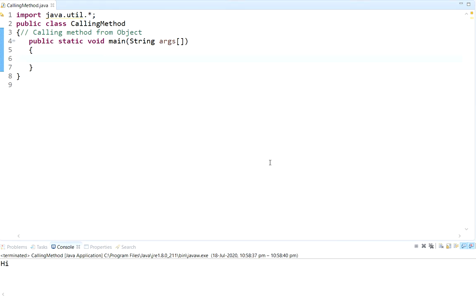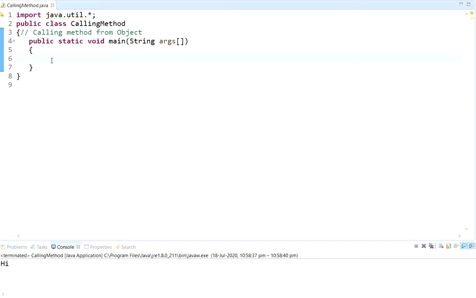Today we are going to do calling a method from an object. Earlier we have seen what a method is, and we have seen function overloading in earlier videos, function part 1 and part 2. Now we are going to call a method from an object. If you do not know what an object is, kindly see my OOPS video in which I have explained class, object and some concepts of OOPS also. So you will be more clear about object.